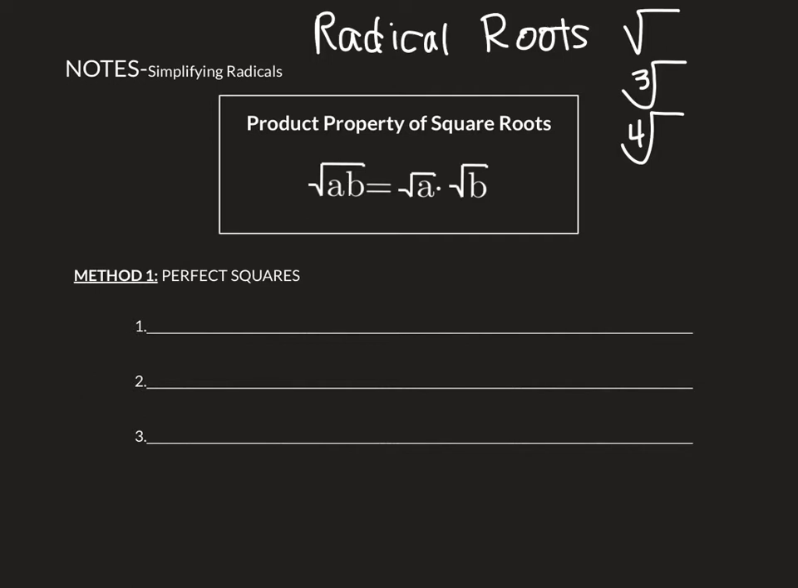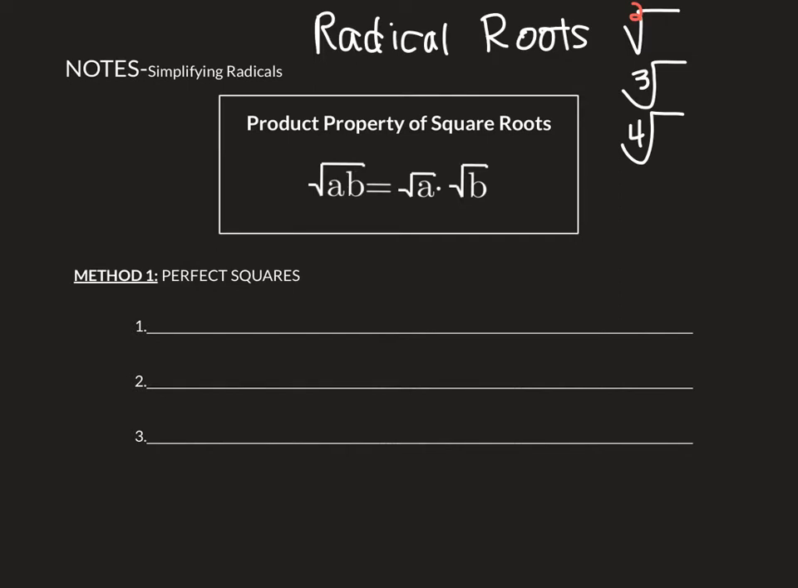Now, this is called a square root because even though it's not written, it is implied that in the index is a 2. So it's never written. We don't write that index of a 2, but it's implied. That's why it's called a square root, because it deals with squares. Okay? To go forward, the first thing that we're going to do is talk about what's called the product